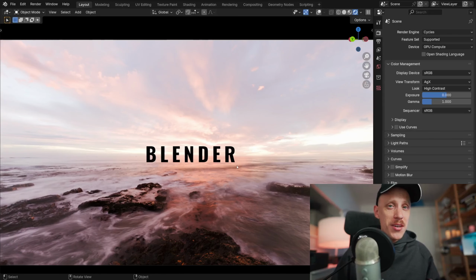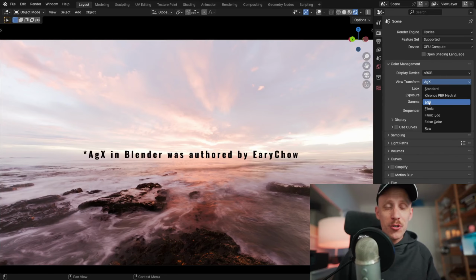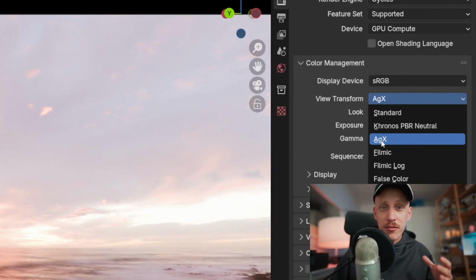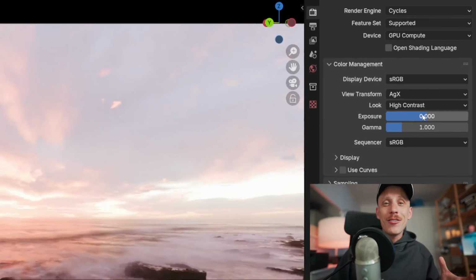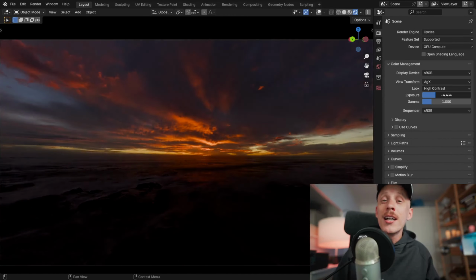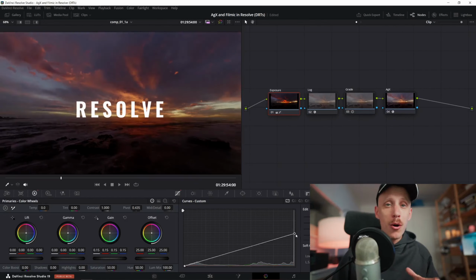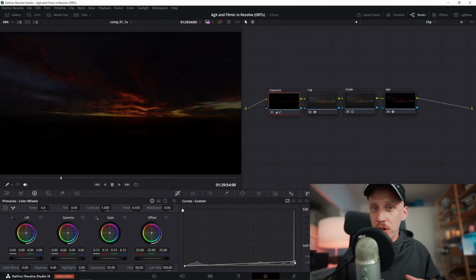This video is for you if you love the Ajax look in Blender, the way this view transform desaturates the highlights at the higher exposures and keeps the colors rich and vibrant at the lower levels. If you like this type of look, inspired by how real film emulsion reacts to light, in this tutorial we'll have a look at how to set it up in Resolve, in both the free and studio versions of Resolve